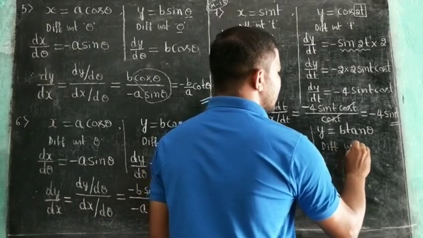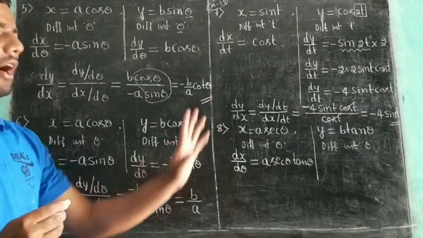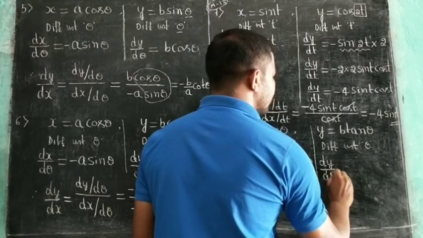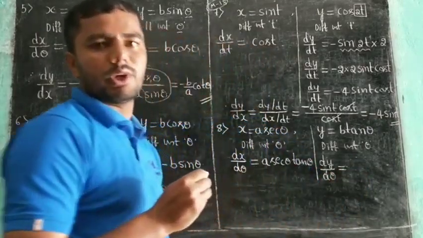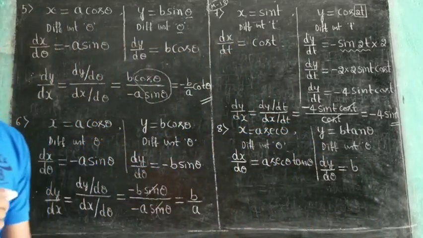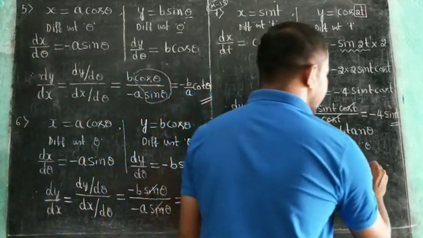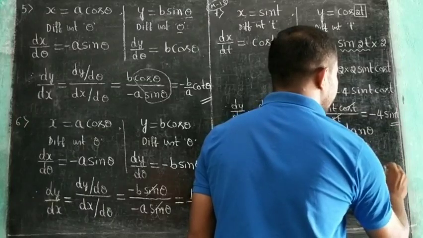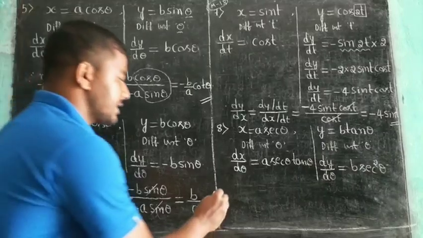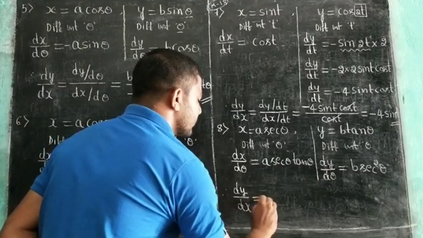differentiate y with respect to theta. The derivative of y with respect to theta is dy divided by d theta. dy divided by d theta is equal to, here b is a constant, so take b as it is. Write the derivative of tan theta. The derivative of tan theta is secant square theta. Further, no more simplification, and then next write the formula, that is dy divided by dx is equal to the